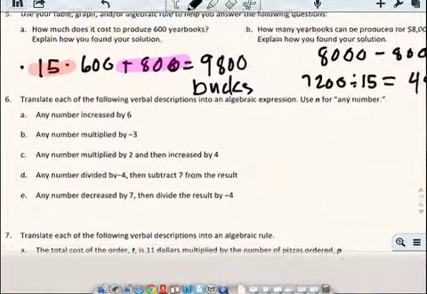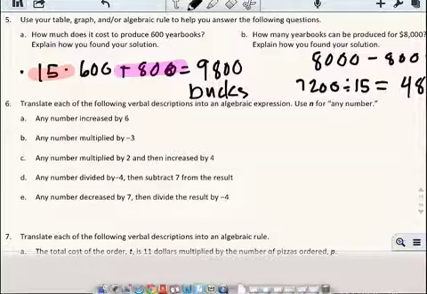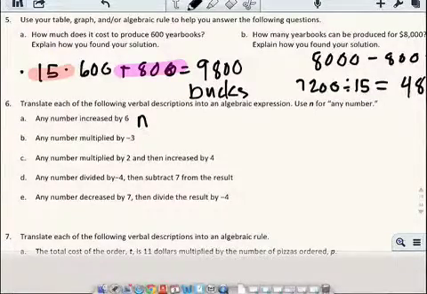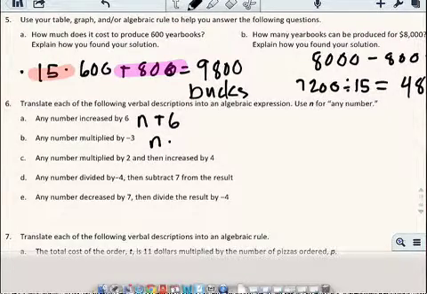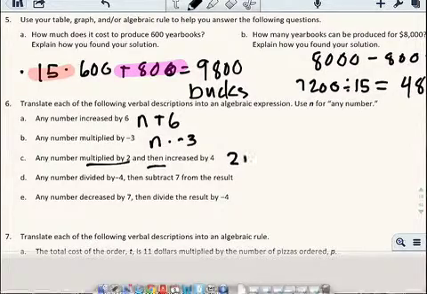Translate each of the following verbal descriptions into an algebraic expression. Use n for any number. Any number increased by 6. Increasing means adding, so I'm going to add 6. Any number multiplied by 3, that's n times 3. Any number multiplied by 2, then increased by 4. So then means that the multiplication happens first, so I'll do 2n to show multiplication by 2, and then increasing